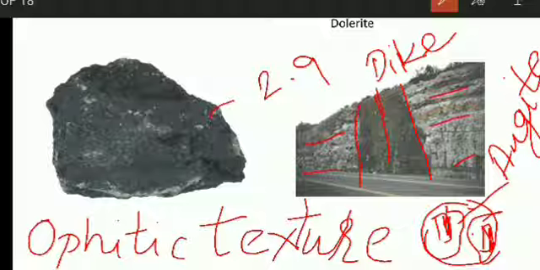Its special property is that it is very heavy because of its specific gravity of 2.9. This rock also takes excellent polish, giving mirror surfaces. It can be cut, carved and polished. Where can you use this? You can use it as a concrete aggregate, on the railway track as rail ballast, as a decorative stone, monumental stone. For construction of roads you can use it as road metal, then kitchen tops, table tops. All these are uses of dolerite.